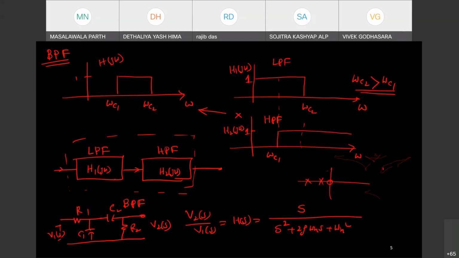So can you expect that if you use first a low pass, then a high pass filter followed by a low pass filter, it will give you band reject? No. You can't get a band reject filter that way. No, sir, if you choose it in this way, suppose, for band reject filters, what is the ideal plot?